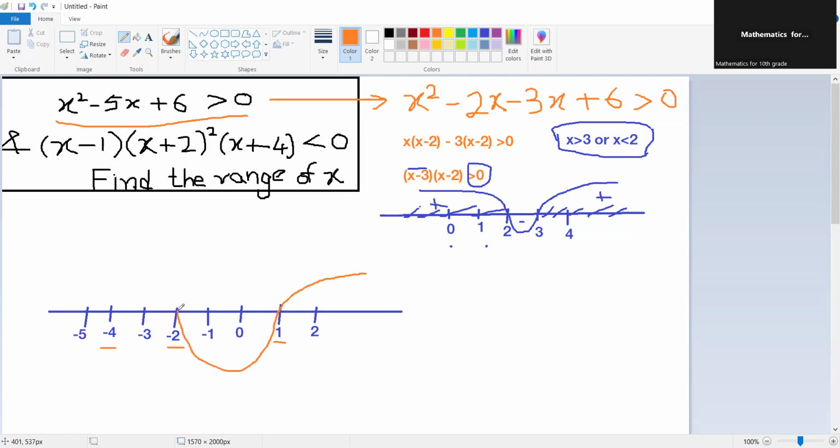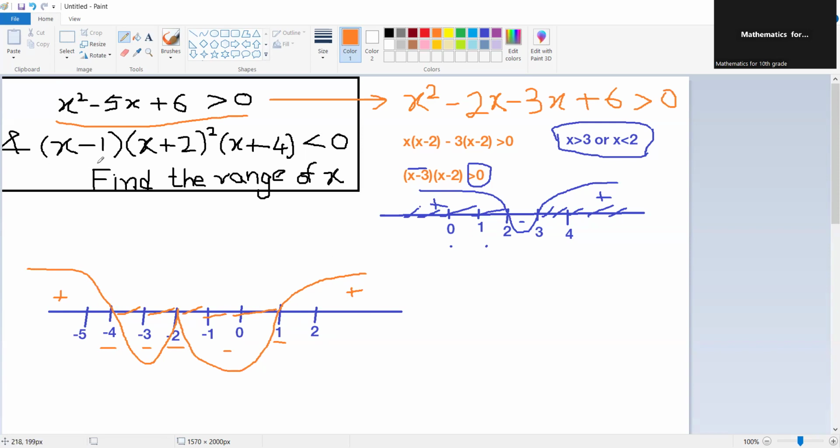but be careful. Here the -2 comes 2 times because of (x plus 2) squared. So instead of going up, we'll actually bounce back and go to the next root, which is -4, and go up. And this is less than 0. So the range of interest is this as well as this, and not the positive ones, because the ones which are above are relevant if it is greater than 0,